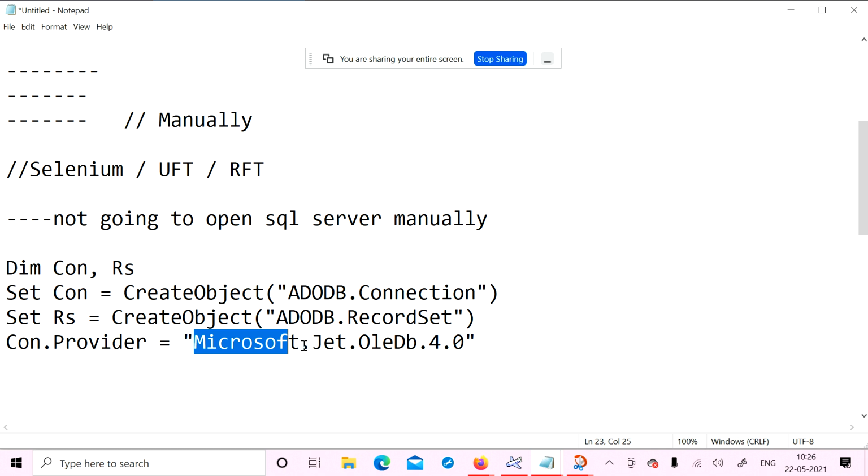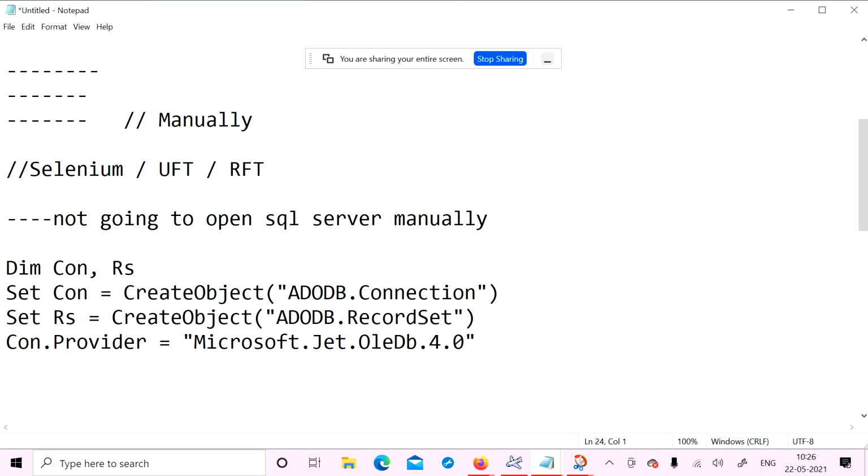Yes, sir. What about this one? This is the provider name for MS Access. I will tell you the provider name for Access. You need to give the username and password for MS Access. Where we have to create it, I will tell you whenever we are working with the databases. We are going to access the database. Okay. Provider name is okay.